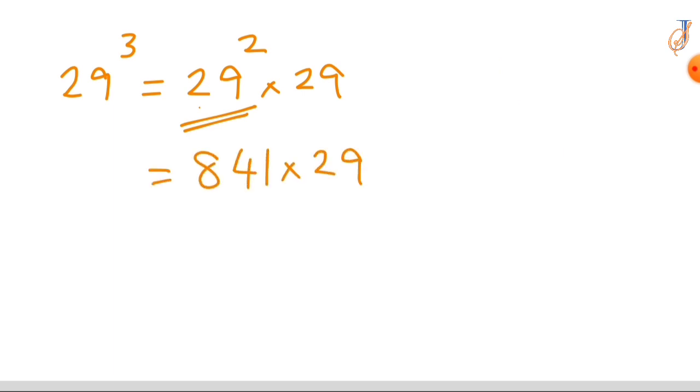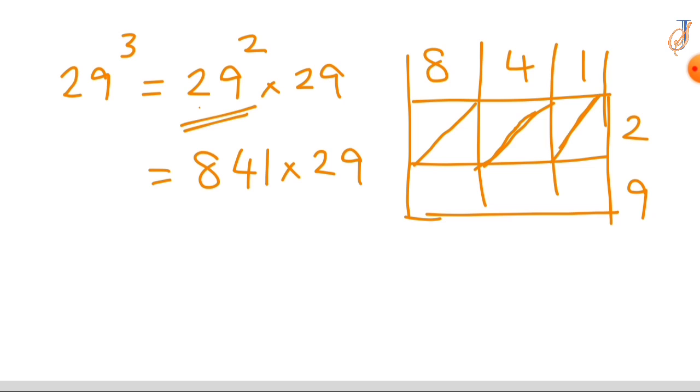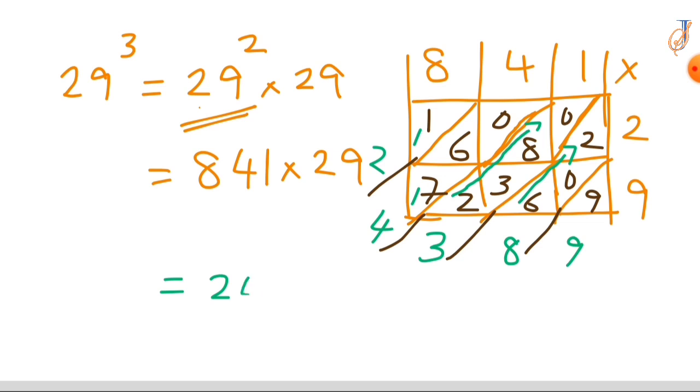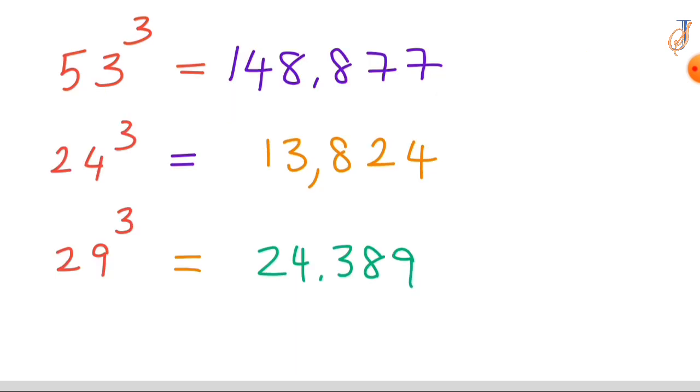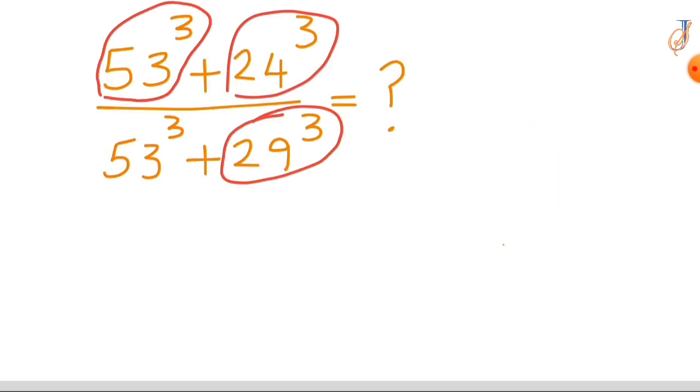So lay out the numbers horizontally and then vertically. And then draw the rows, then columns. Draw a diagonal line in each and every box, splitting them into two spaces. Now multiply the numbers. We have to extend the diagonals, add the numbers. 24,389. Just add these two numbers. So that means you have to add these two numbers. After adding these two numbers, we got